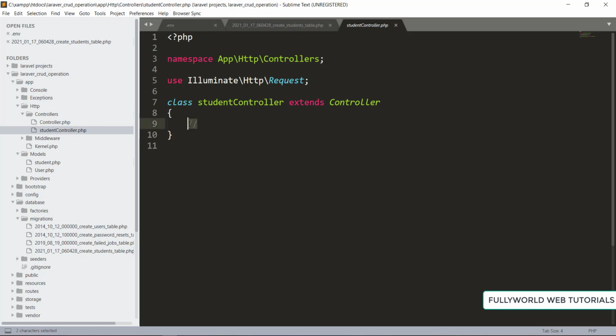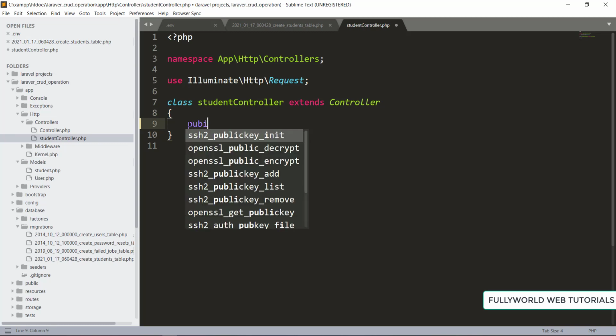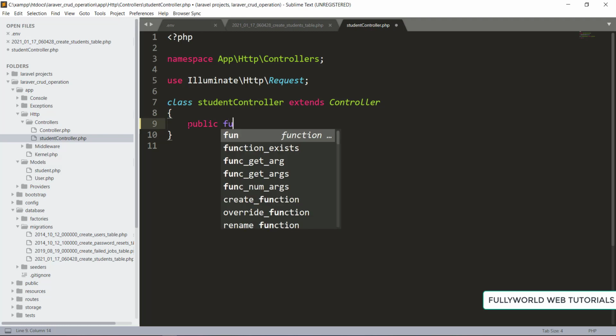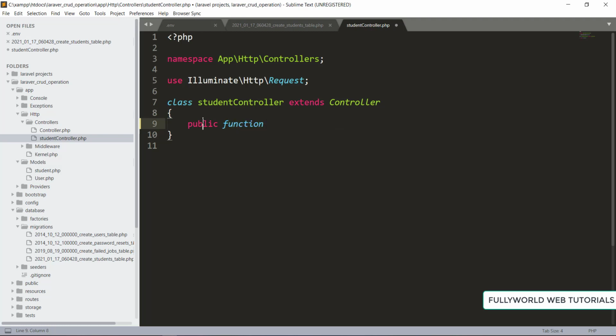Here I'm going to write first of all one function. That will be our public function, and this public is an access modifier. If you don't know about this, please watch my series first. The public function will be our create, because we are going to use our create here, and here we need this Request.